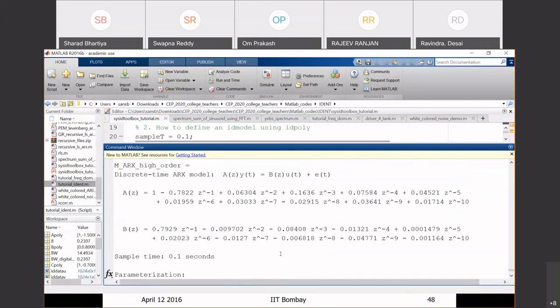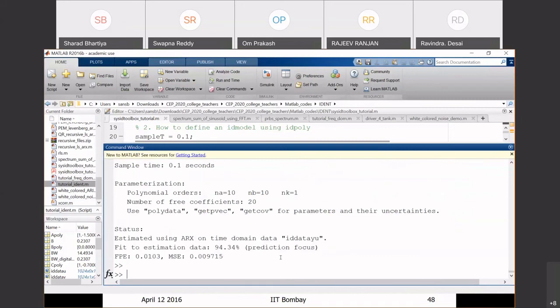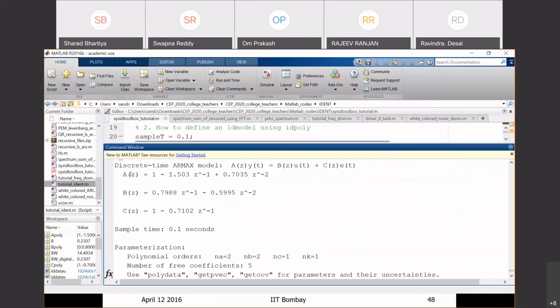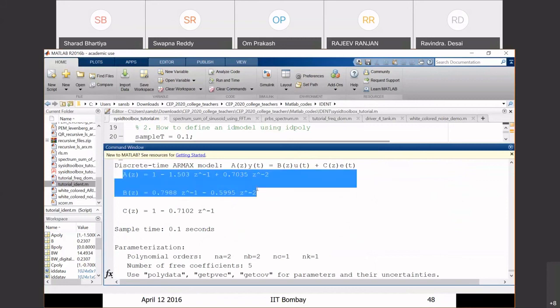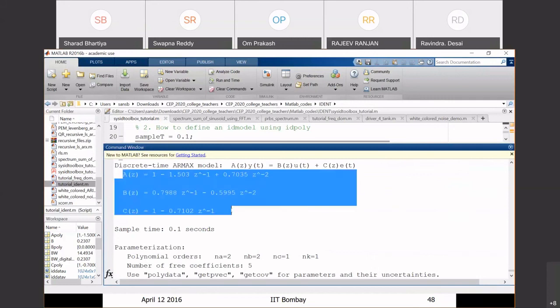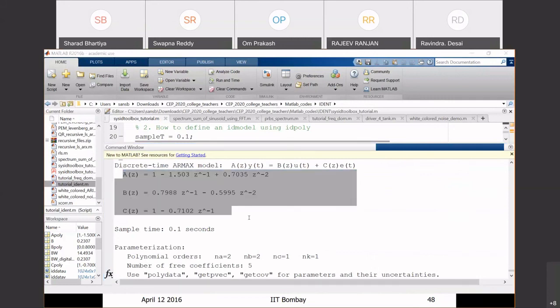And finally, I will look at this Rmax, which we also identified using the data. And that was like this. So this Rmax 2,2,2 or 2,2,1 was actually quite good, much better than that ARX. Let me just take these parameters and